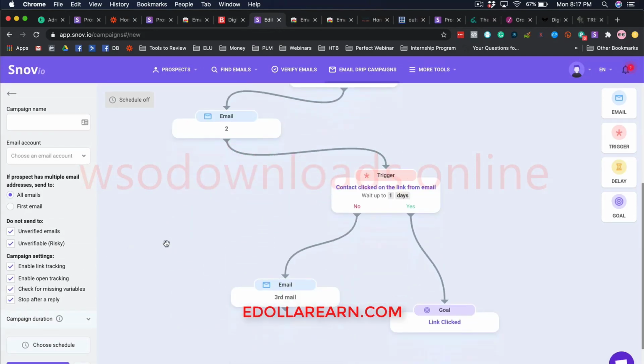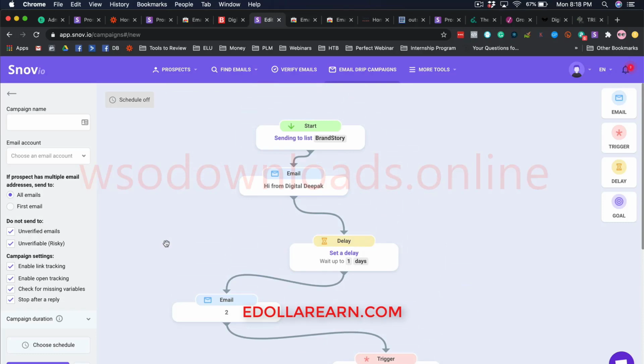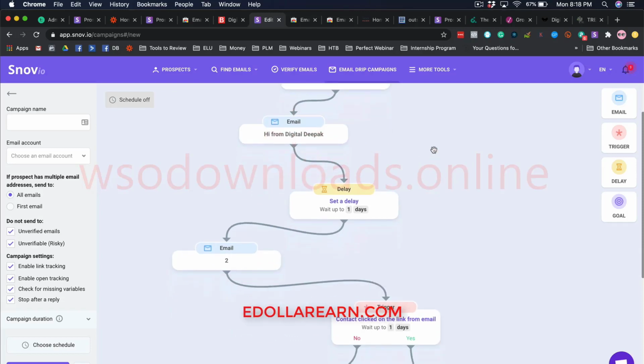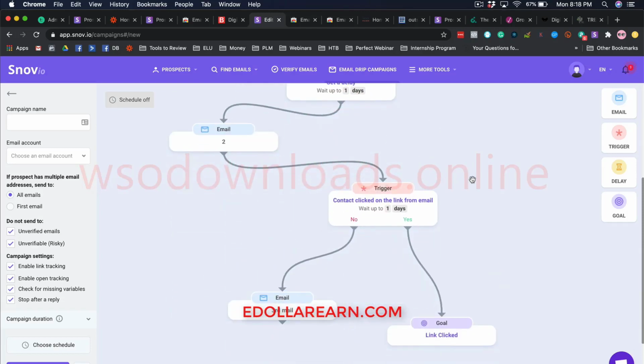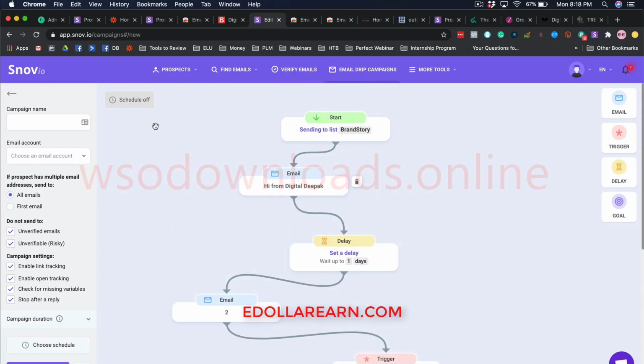And this particular setup, instead of using an email server, since the email goes out from your own email account, the emails usually land in the primary inbox. It will not go to spam, it will not go to the promotions folder, and it will not have an unsubscribe link in the emails either. And as long as the mails are customized, you will be able to reach out to your prospects and get them interested. So I personally do not use Snov.io's drip marketing campaign tool to send out the emails.